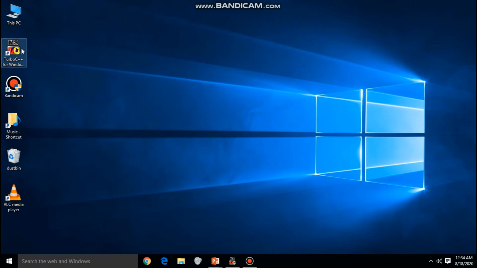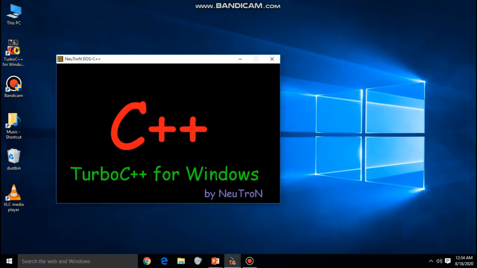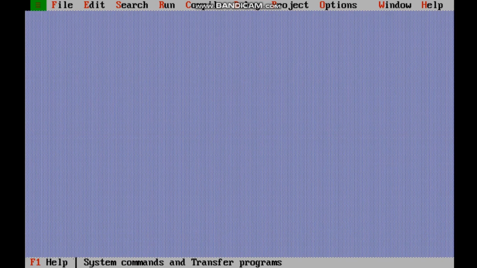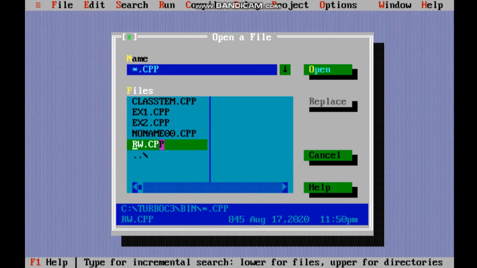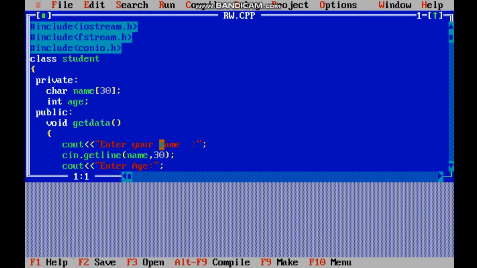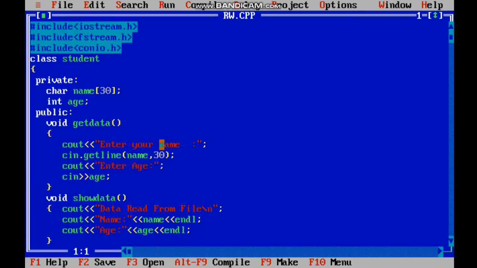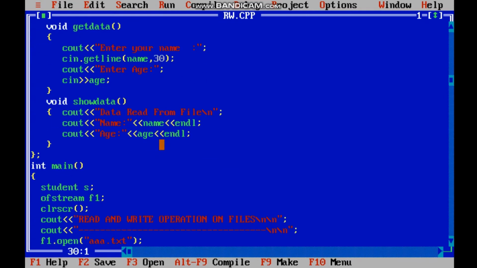So now let's move to the C++ environment. I'm opening Turbo C++. I have already typed the program and named it rw.cpp. So let's open it. Okay, fine.